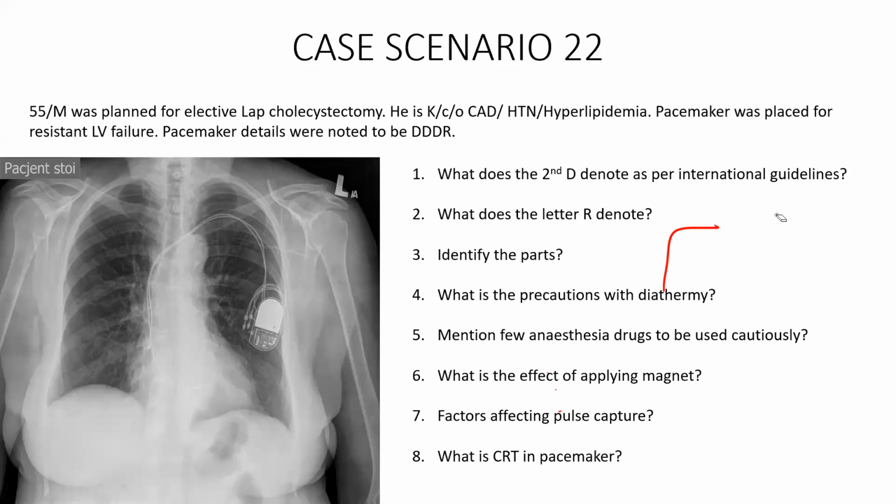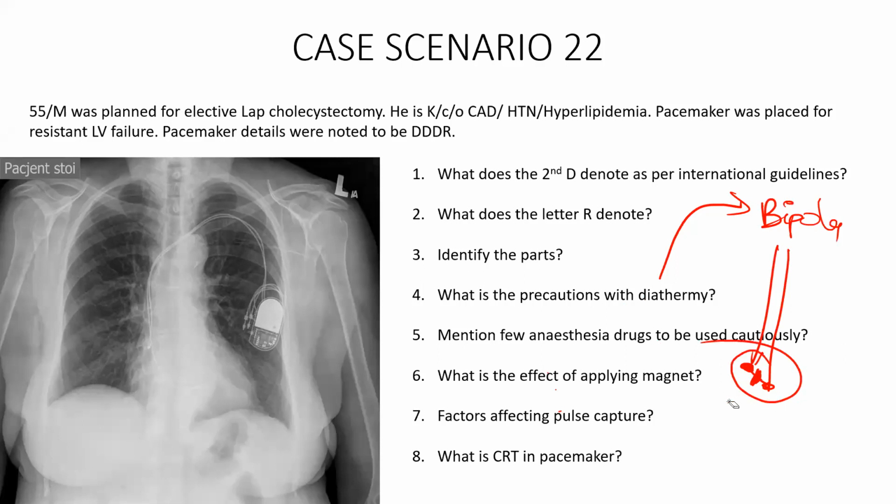We can use it when needed. First question: tell me which diathermy is safe, bipolar cautery or unipolar cautery? Bipolar is more safe. Okay, bipolar is more safe, right? So why is bipolar safe? So you have a bipolar cautery here. Current passes from one electrode to another. When they catch the tissue in between the two electrodes, the current passes through the tissue and gets dissipated away from the other end. So the circuit is completed within the tips of the bipolar cautery.